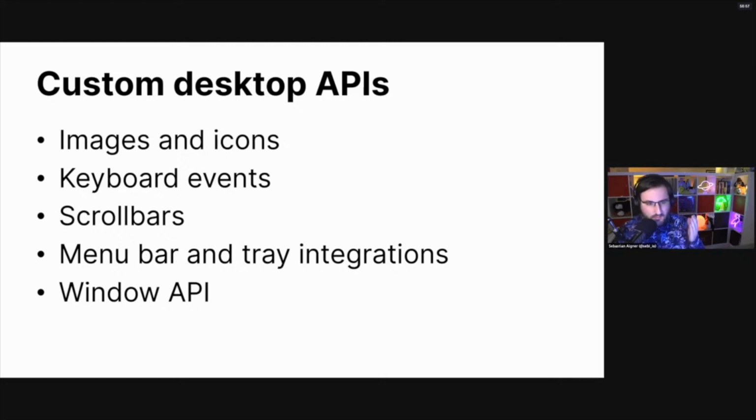Just as a short overview, we have support for bitmap and vector graphics. We also expose the underlying high-performance native canvas directly, so if you want to just draw to that, you can do this. We have keyboard events, which obviously help. We have desktop-specific scroll bars if you're working with longer lists. Various system integrations: you can put up a tray icon, for example. You could send local notifications through your operating system, so if you want to have macOS pop up a little bubble saying, "Hey, my app needs attention,"